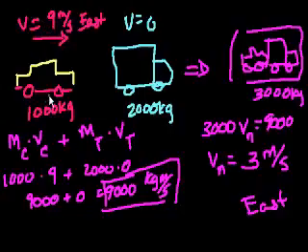But it makes sense because we have a light object and a stationary heavy object, and when the light object hits the stationary heavy object, the combined object still keeps moving to the right, but it moves at a relatively slower speed. So hopefully that gives you a little bit of intuition for momentum, and that was not too confusing of a problem. In the next couple of videos, I'll do more momentum problems, and then I'll introduce you to momentum problems in 2 dimensions.